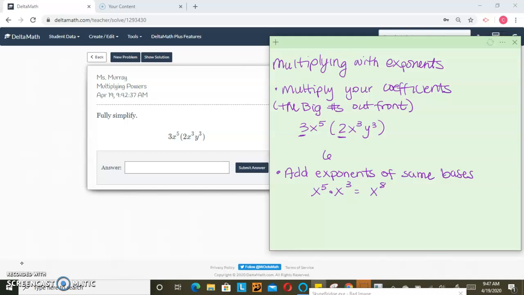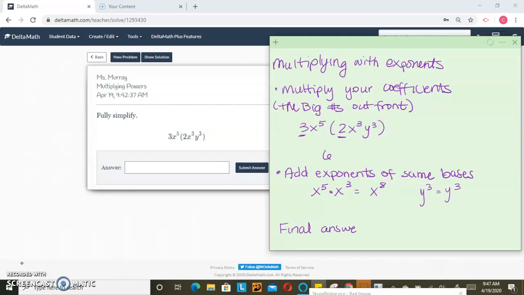Then with my y's, I don't have any y's in the first, so I just have y to the 3rd, so y to the 3rd just stays y to the 3rd. If you don't have anything to multiply with the same base, it just stays exactly the same. So your final answer,